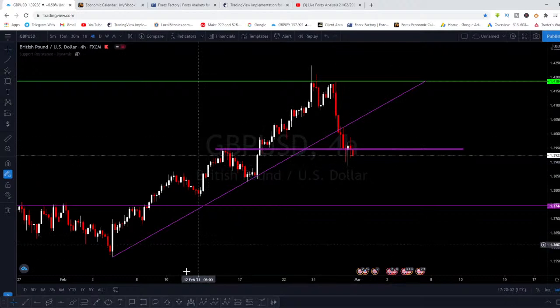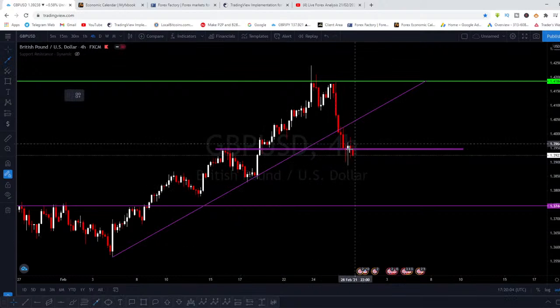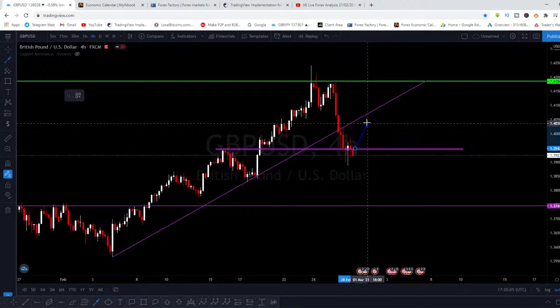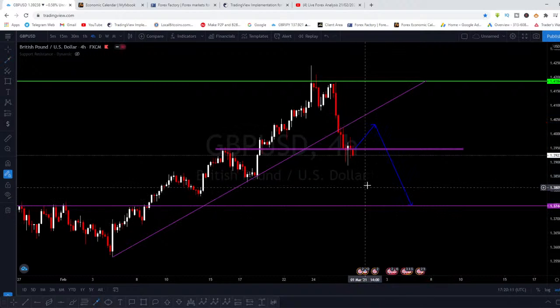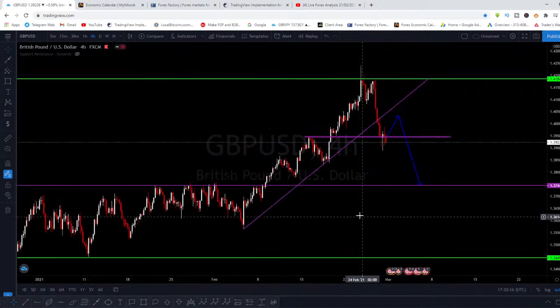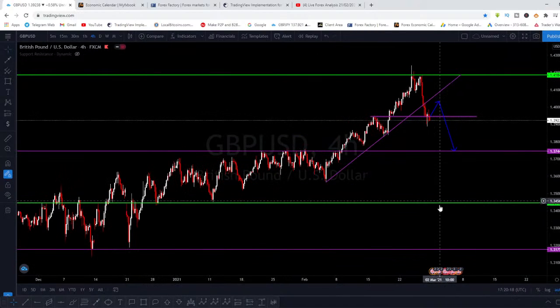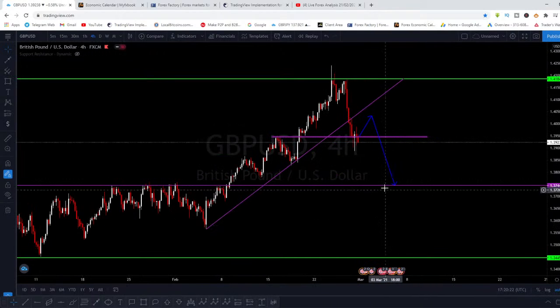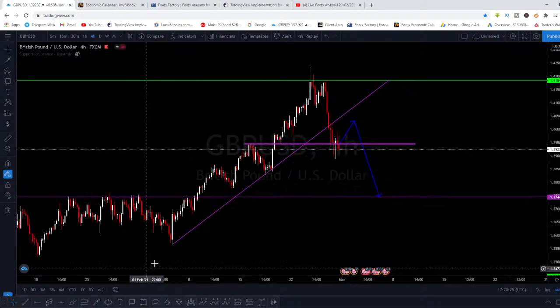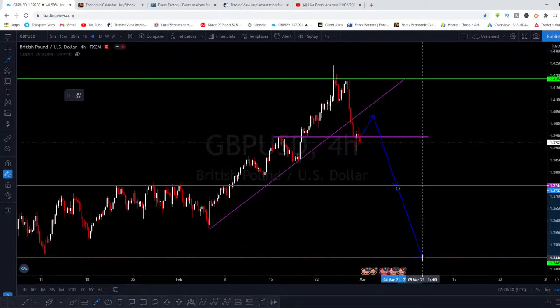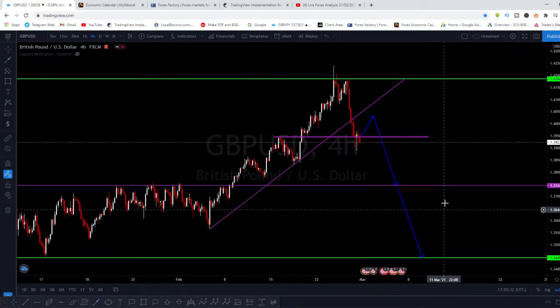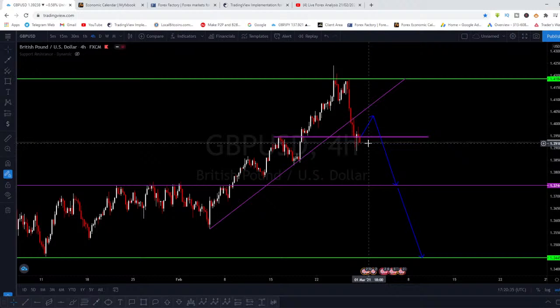I would say expect a retest before the market will continue to push back down to the downside. So I'll say expect a retest to around this area before the market will come down to this point. And after which, if you see a breakout of this level, the market can still come down to this green line before we look out for some sort of buying opportunity, right? So this is what is going to happen, guys. Break out of that, break out of this, boom, to this point. Then around here, we'll look out for some sort of buying opportunities, right?